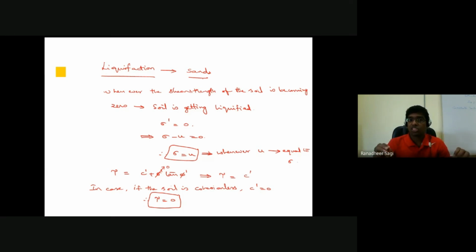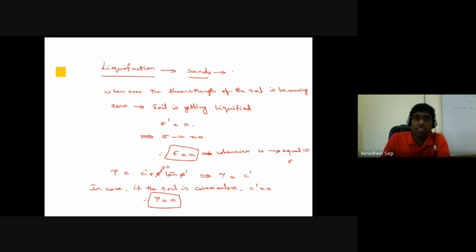And once the effective stress developed in that sandy soil becomes 0, I'm talking about sandy soil, not clayey soil deposits. Why not clayey soil deposits? Sir, in clayey soil deposits also the same phenomenon could happen. Yes, however, in clayey soil deposits, cohesion between particles would exist, because of which the shear strength of the soil will not become 0. But in sandy soil, cohesion between the particles does not exist, and the sigma dash value becomes 0. So as C dash is 0 and sigma dash is 0, automatically the shear strength of that soil becomes 0. This so-called phenomenon of liquefaction we are talking about in sandy soil deposits